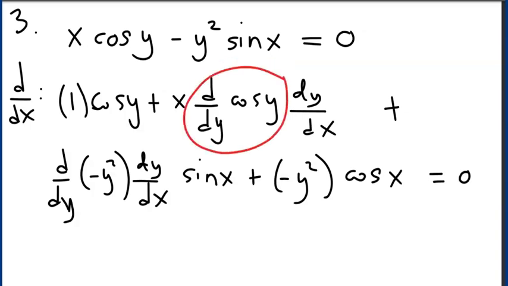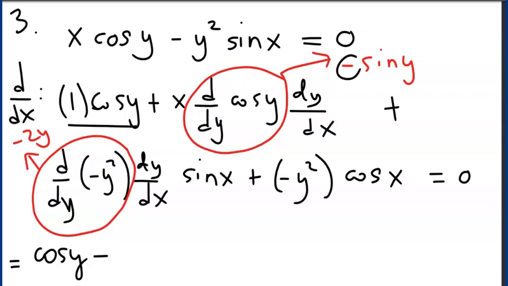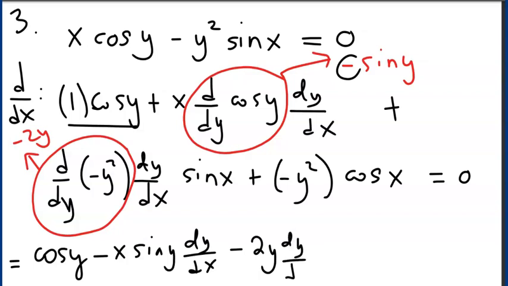Now realizing that this is minus sine y and that is minus 2y, we can rewrite the above line: cosine y, that's this term right there, plus, or minus rather, to include this minus from the start, x sine y dy/dx, minus 2y dy/dx sine x, that is this third term, and final term is minus y squared cosine x